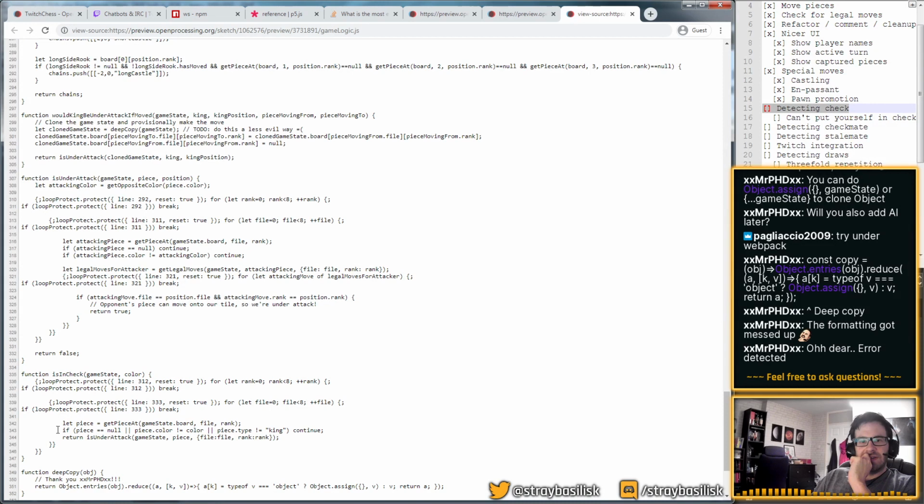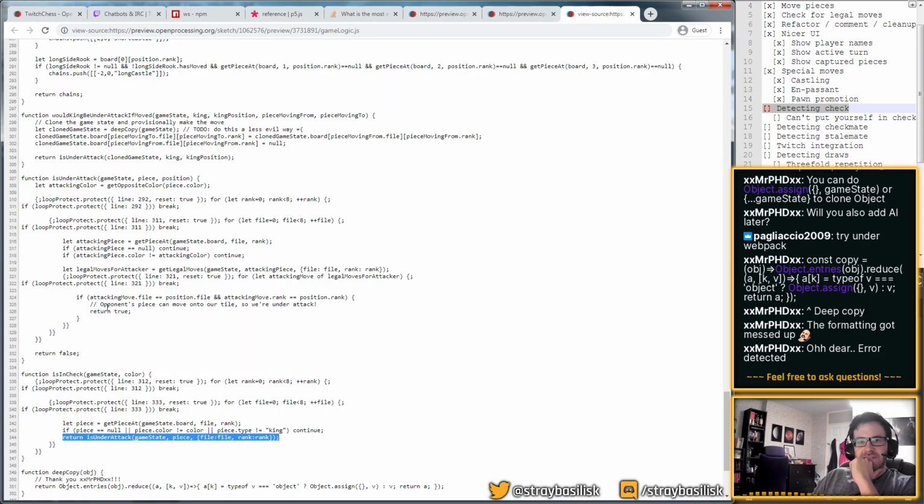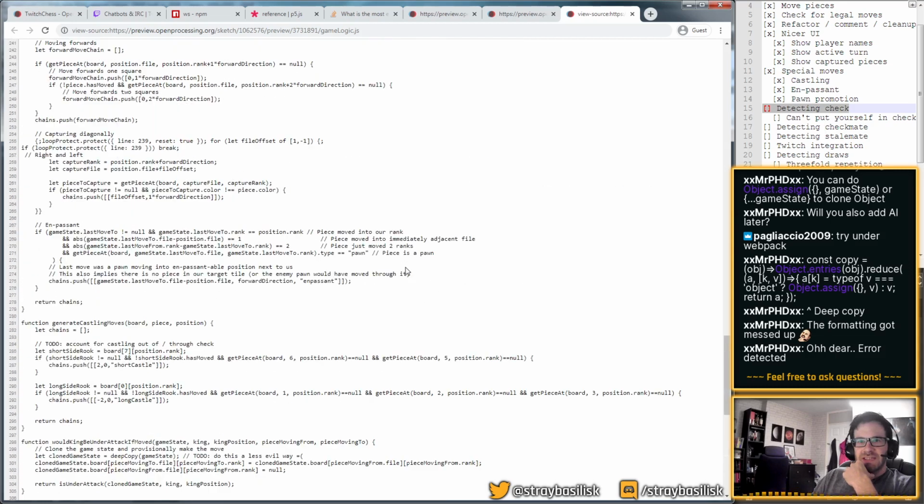When we're checking random pieces. And then 320. Checking piece, file, rank. What's going on here?